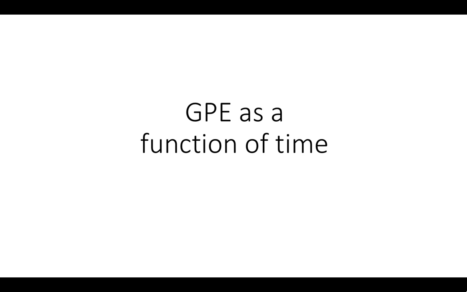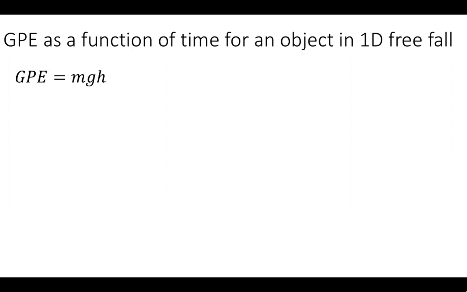In this pivot lab, you're going to investigate the gravitational potential energy of a system as a function of time. So we're going to need to do a derivation. We'll start out with the equation for gravitational potential energy. M and G are constants with time, and so we don't have to substitute for those, but the height does